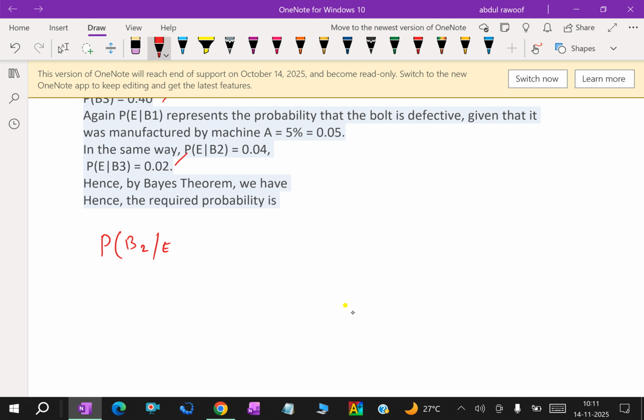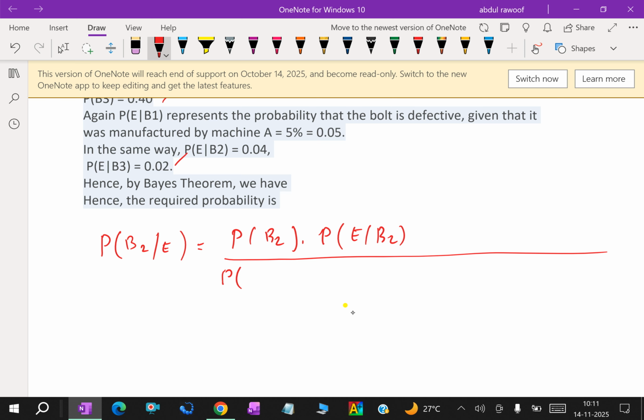over E we need, which is equal to P of B2 into P of E over B2, divided by, out of the three, P of B1 into P of E over B1, then plus P of B2 into P of E over B2,